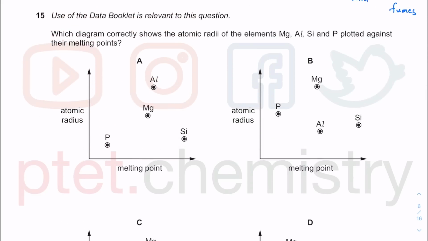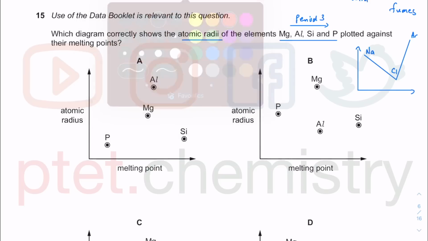Question 15. We have these atomic radii for these elements: magnesium, aluminium, silicon, and phosphorus. These are consecutive elements across a period, and this is period number 3. Even without looking at the periodic table, as an A-level student, you're supposed to know that the atomic radii decrease across a period from sodium all the way to chlorine, and then argon, in the data booklet, will have a much bigger atomic radius than sodium. So we just focus on sodium all the way to chlorine,